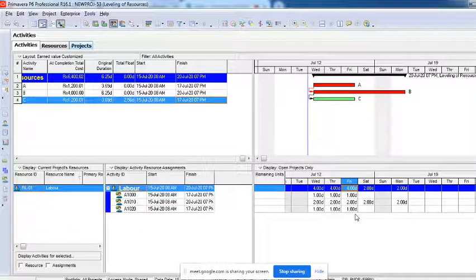Duration will increase. Again you have to go back to the same formula: units per time into duration is equal to work. Now what is happening? If you decrease units, work is constant. Whatever work you have committed is constant.